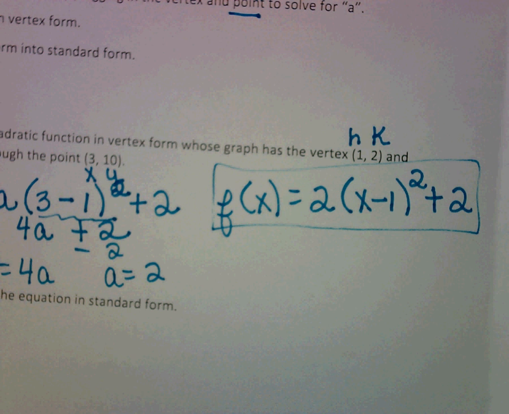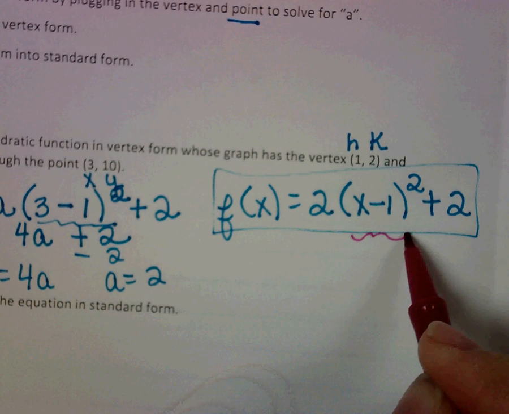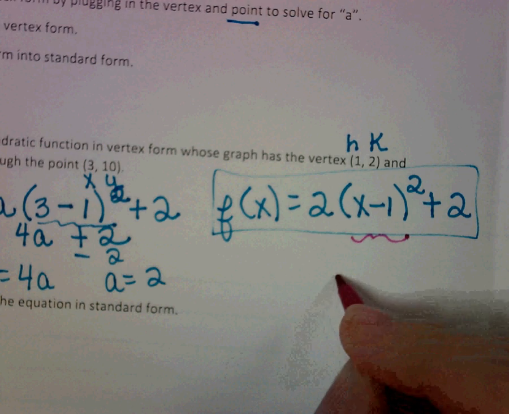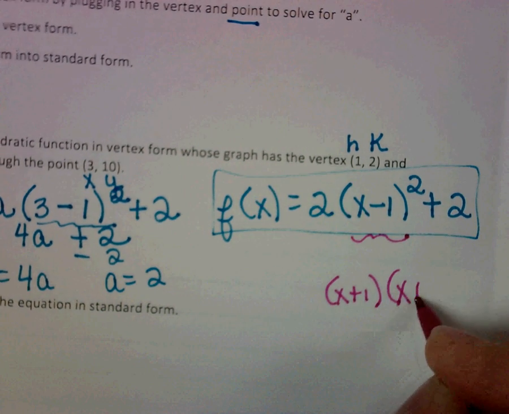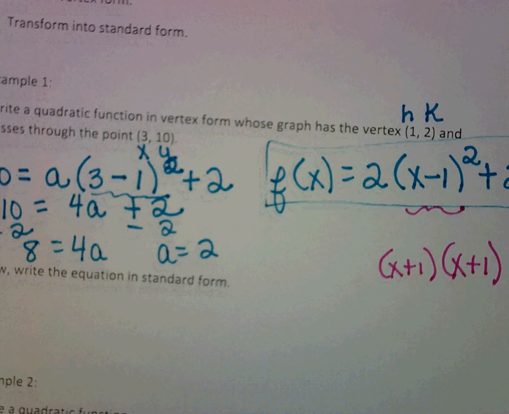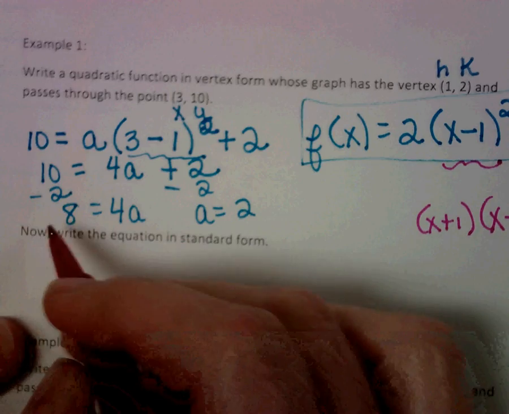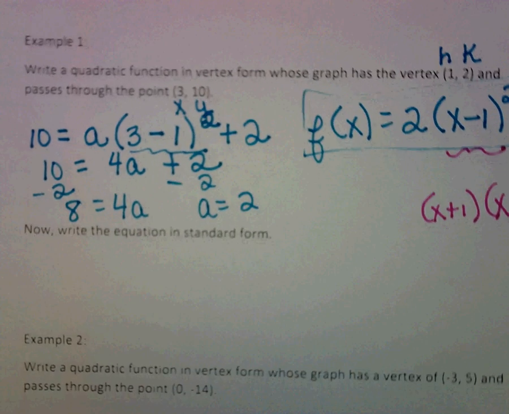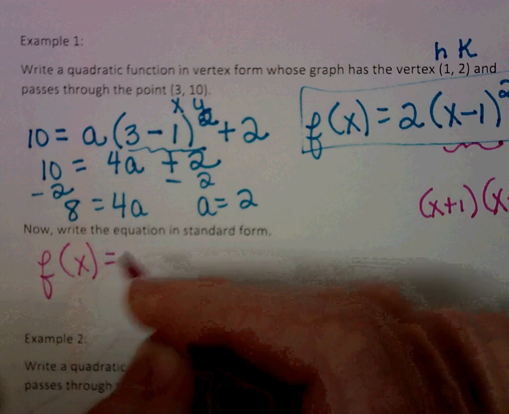Well, this is where our square of a binomial rule comes in. I want you to see that this part right here, we either have to remember our rule or we're going to have to write it out as x plus 1 times x plus 1 and either FOIL or box that. Okay. So let's see, when we do that, we're going to have f of x equals